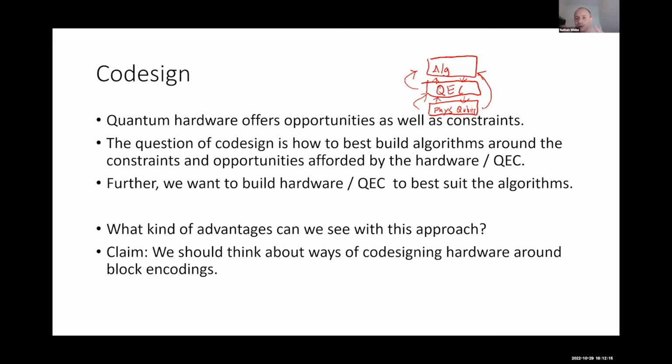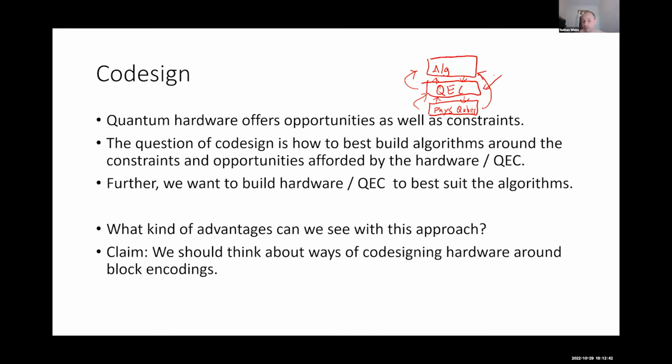So we need to, if we want to squeeze as much as we can out of these systems, we need to be able to build all of them together and find a way of, instead of thinking about it like people like me had in the past, of just getting our gates good enough so that quantum error correction can solve absolutely everything and sledgehammering the entire problem. Really, we should ask ourselves, how can we best optimize all of the relationships between these in order to solve our problems? And that's the whole idea of co-design.